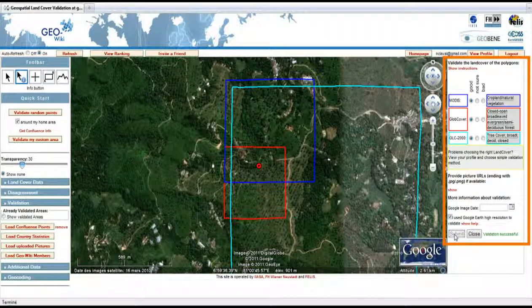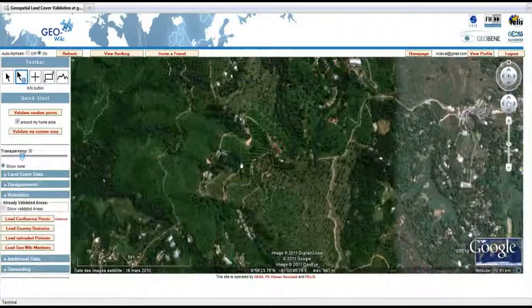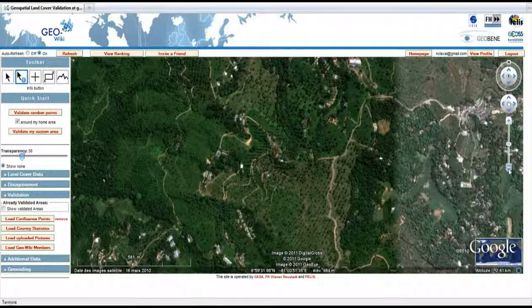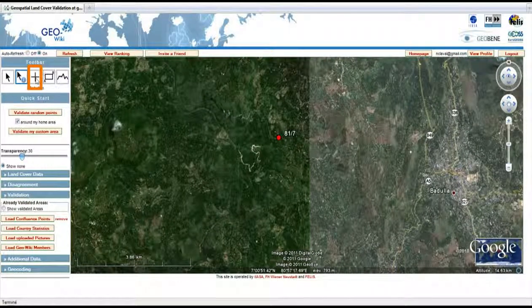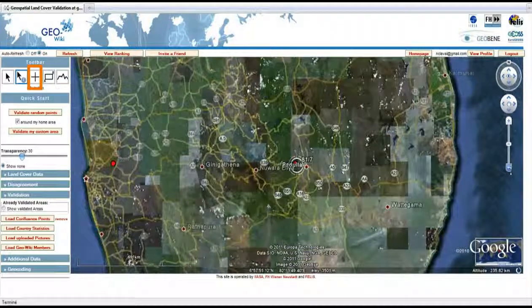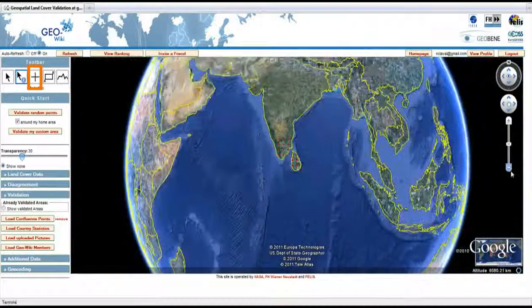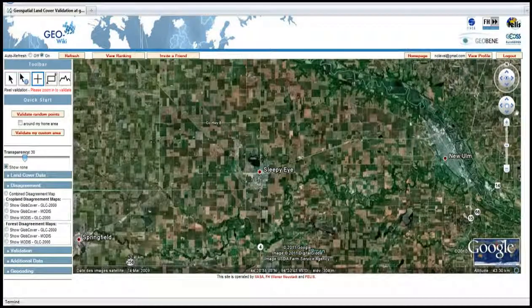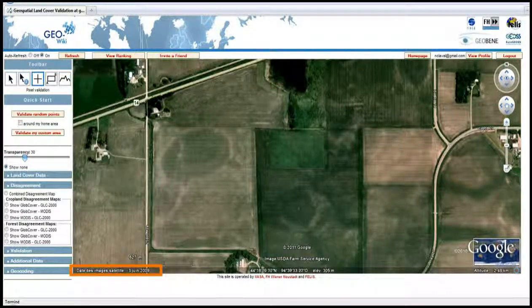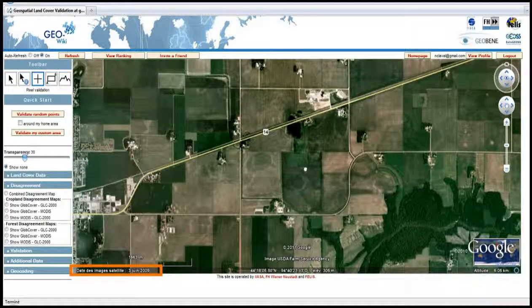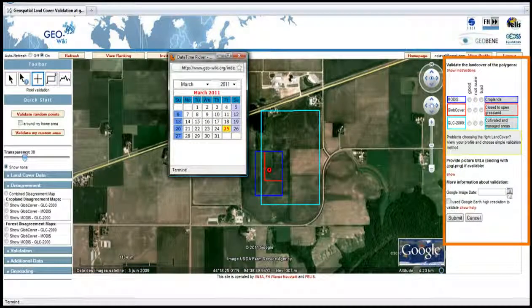The validation was successful and you move to the next validation. This button basically gives you the same functionality. Wherever you like to validate, you can look into areas where there is very high disagreement, for example, over the US. So you click on it, and then you zoom into the image, and you see the day. This is the 3rd of June 2009, and you can then enter this information, 3rd of June 2009,